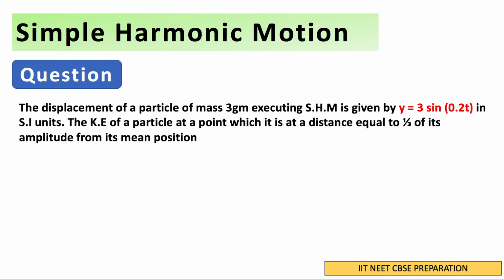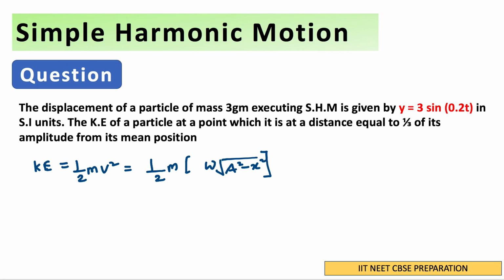Now let me just take the pen. We have to find the kinetic energy, and we know that in case of SHM, the kinetic energy is half mv square. So we can write it as half m, and what is v? v is nothing but omega root a square minus x square. This is also how we write velocity, where a is the amplitude and x is the distance from the mean position.